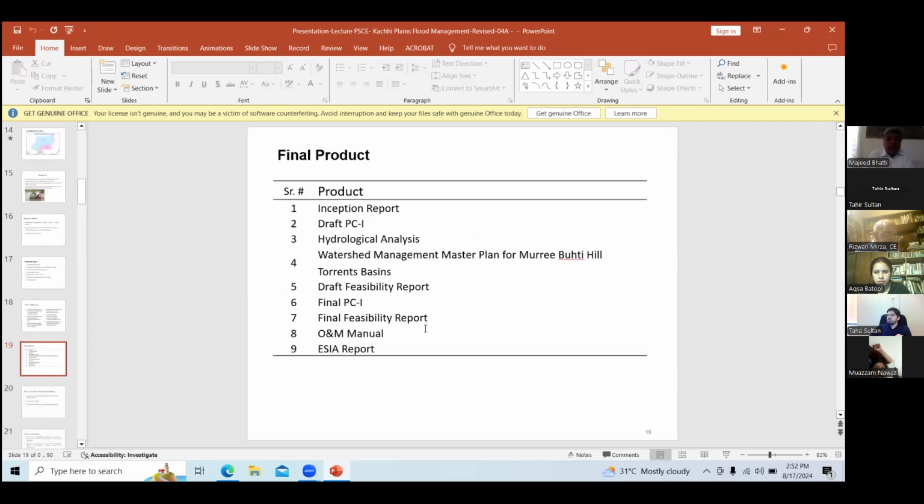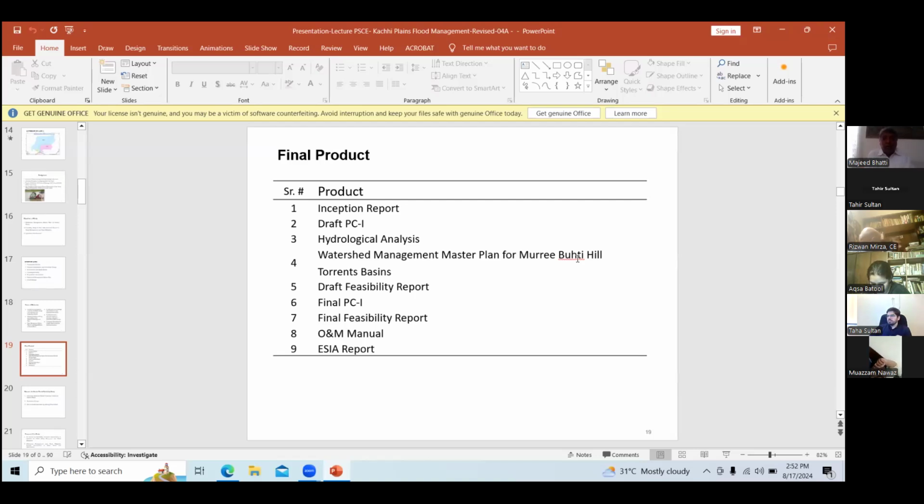Then the final products were the inception report, draft PC1, hydrological analysis report, and watershed management master plan for Murray Bhatti Hill. It is misspelled here; it is Bhatti Hill. Basically, it is all from small hills of the Suleiman Range.